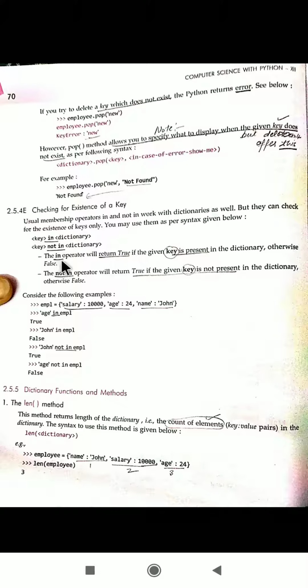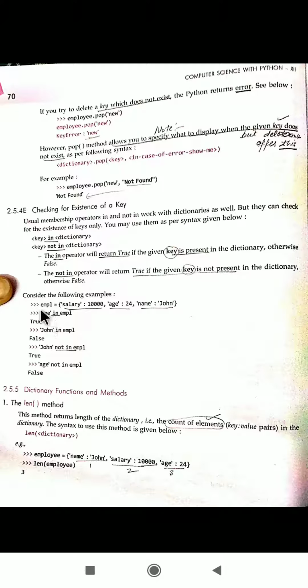In means if the particular key you are searching for is a part of it, then it will return true, otherwise false. Not in means if the given key is not a part of the dictionary you have supplied, then it will return true, otherwise false.